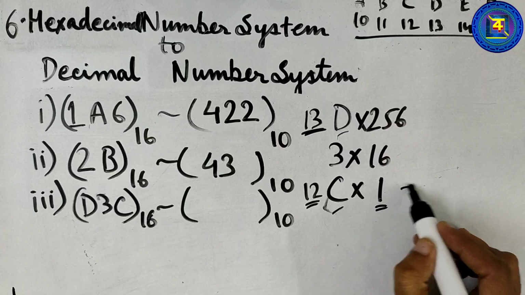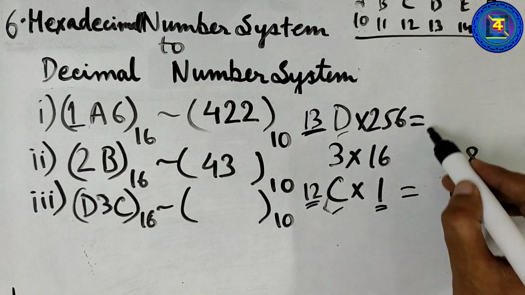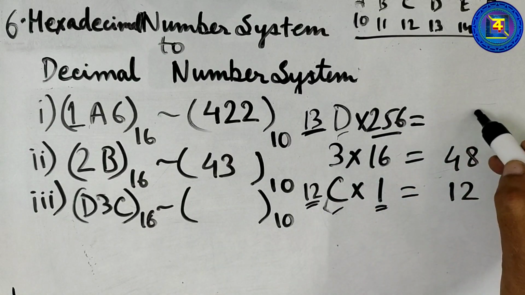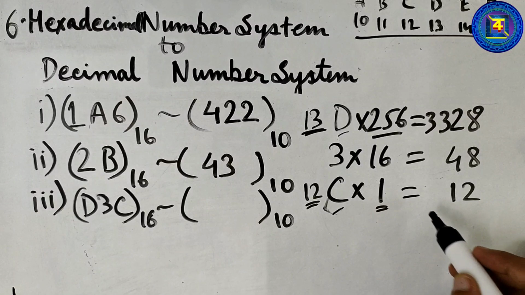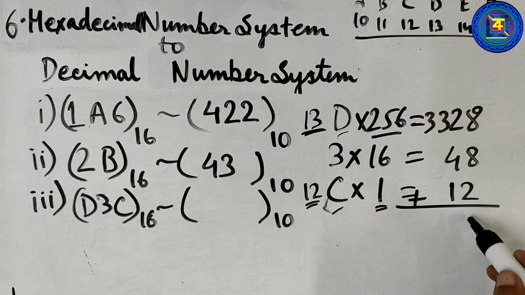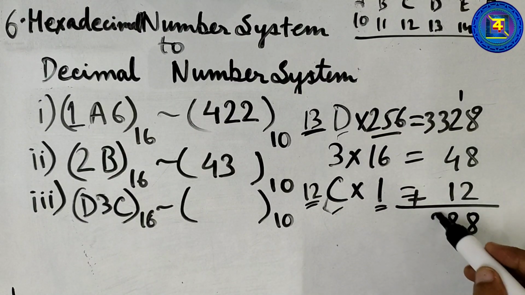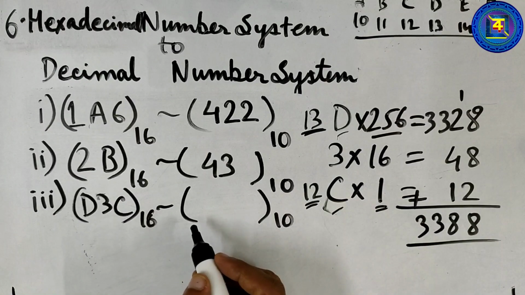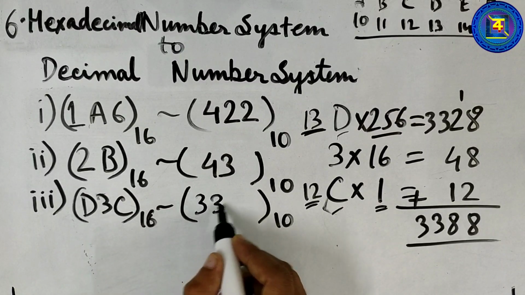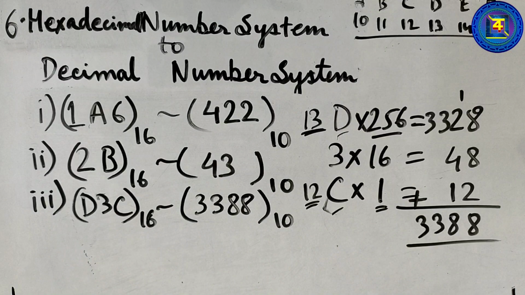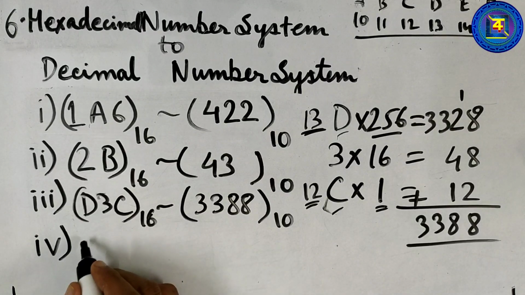So 12 ones are 12, 3 into 16 is equal to 48, and 13 into 256 is 3328. So when we add them up, it will result in 8, followed by again 1 carry, and then 8, and it's 3. So D3C, when converted from hexadecimal number system to decimal number system, will result in 3388. Correct? Next we are going to do our very last question of this conversion, that is